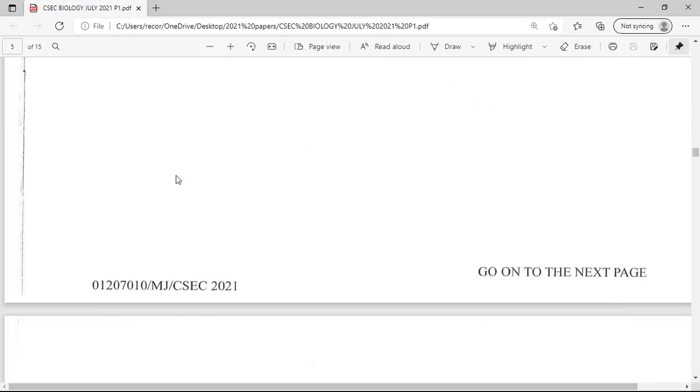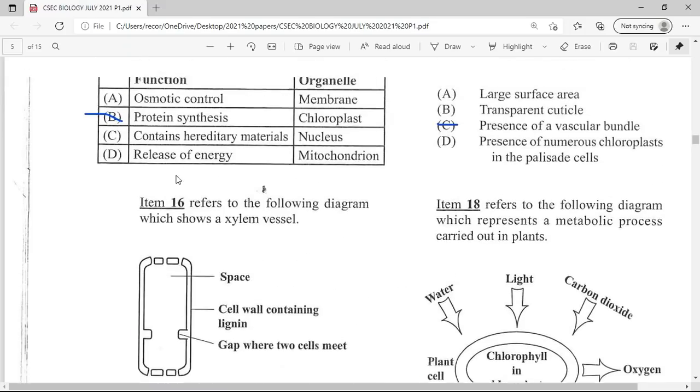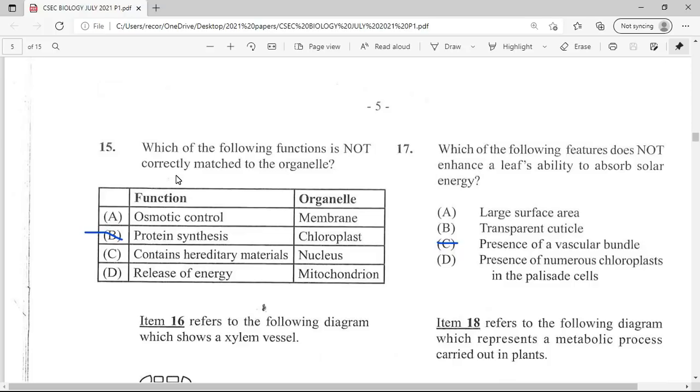All right, so we move on to question number 17. And some of these questions are repeated questions. I didn't point them out, but when you see me again, I will. Which of the following features does not, and this is very, very important, and that is why I suggest to students, practice your paper. For me, when I started doing past papers, when I saw not, it somewhat gave my brain some trouble. But when you start practicing and you get to the not, when you get to the exam, make sure you underline this and you're answering for the not. Because in some cases there is a for and not there. So you want to make sure that you're following the not.